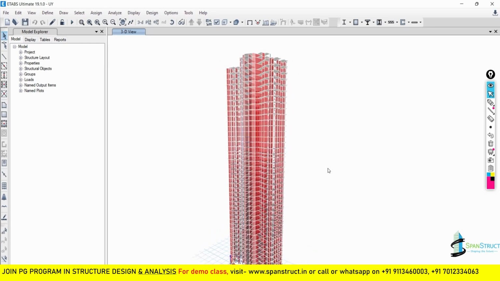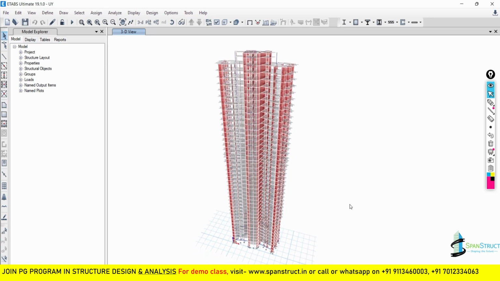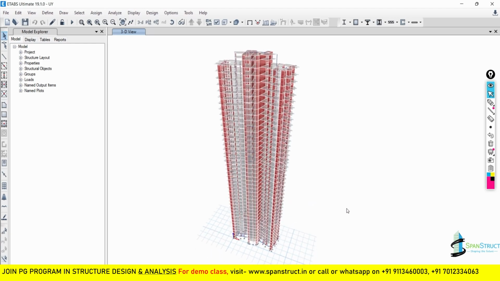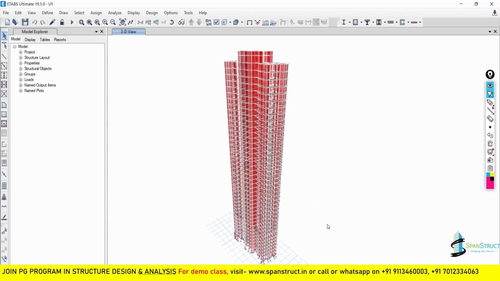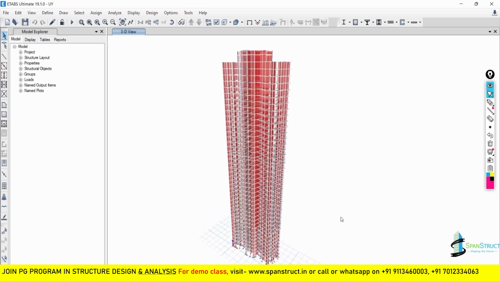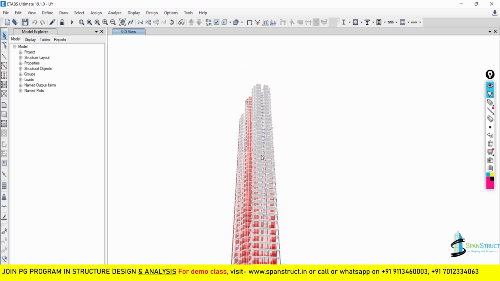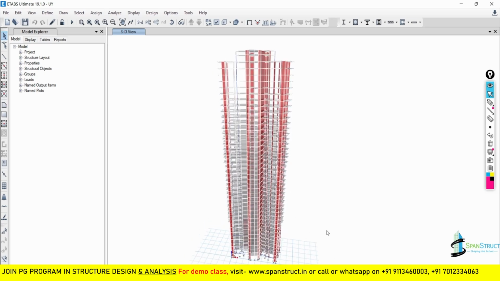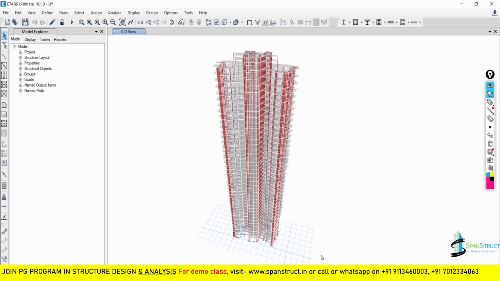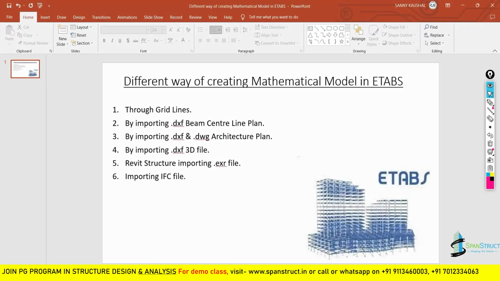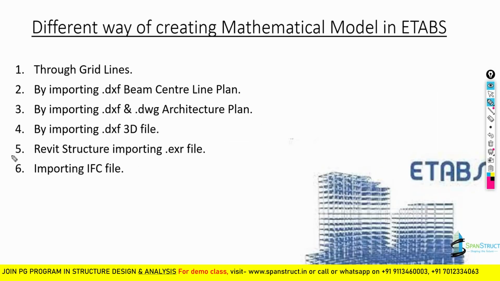Anyhow, we will do one project where we will import the .dxf 3D file in Etabs, and further we will run the analysis and do the designing of that structure. At that time we will see how we can create the .dxf 3D file in CAD software, and we will also see the complete procedure of how we can import that file. Now I am coming back to the procedure where we are seeing how we can make the mathematical model in Etabs. Now let us look at the fifth method, which is Revit Structure importing